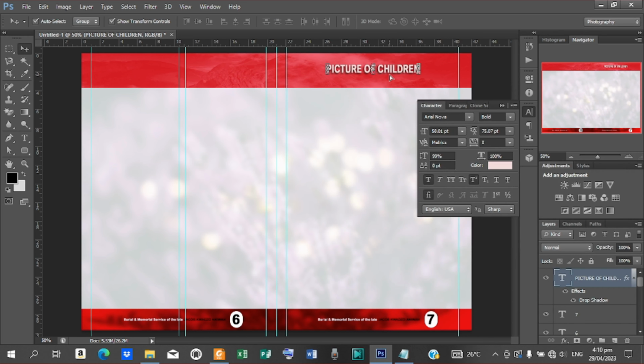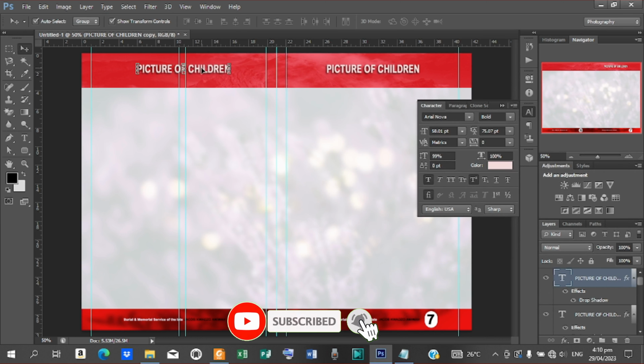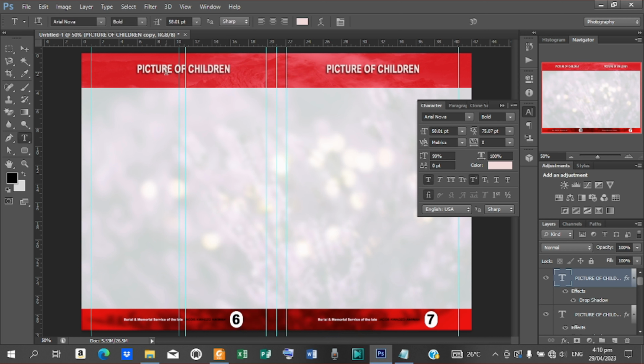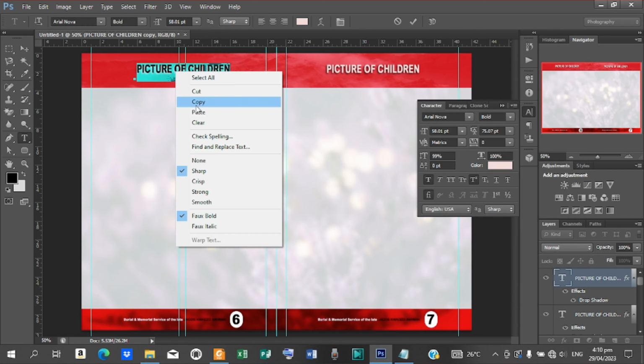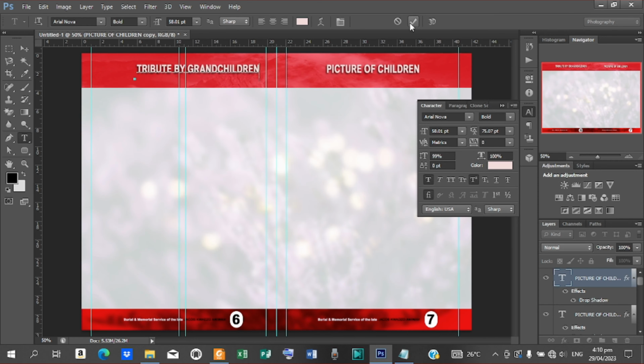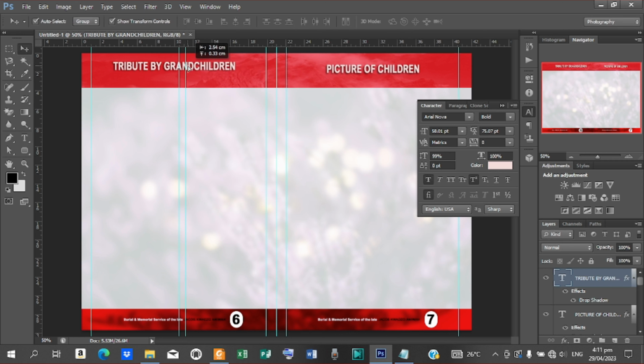So the next thing we are going to do is hit Ctrl J and duplicate that, and bring the duplicated layer to this end and select that. Let's highlight this, go to your text and copy this, and now let's paste that to this place. Then we can position this like this. Okay,